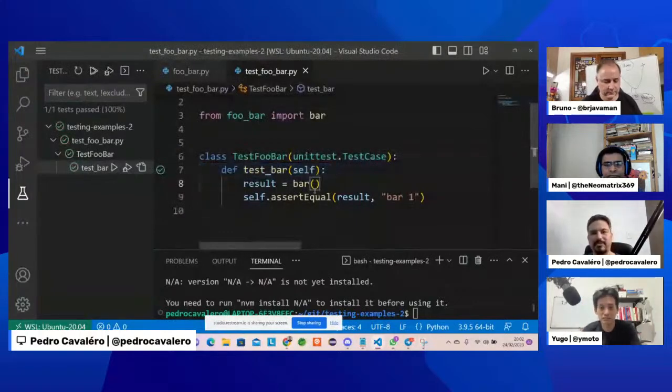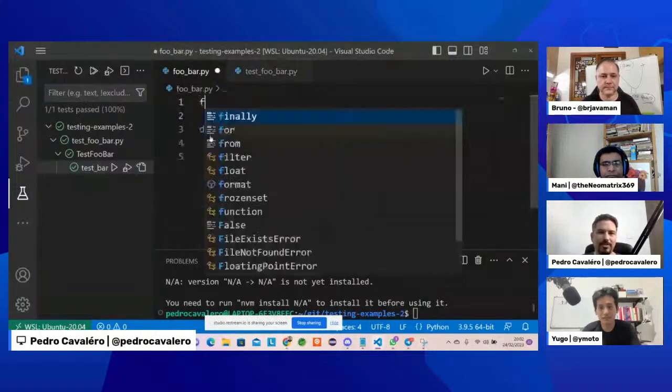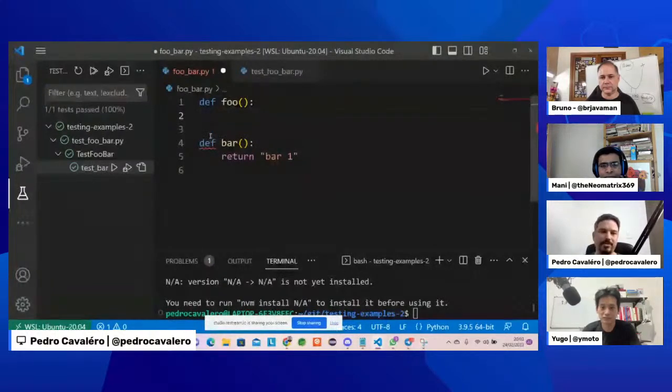But okay, but Pedro, let's think more. Of course, we have just a small function here, but in our code we always have functions calling functions, right? And we have a lot of other things that I don't know if I can show everything here. Maybe we can leave it for the next session.